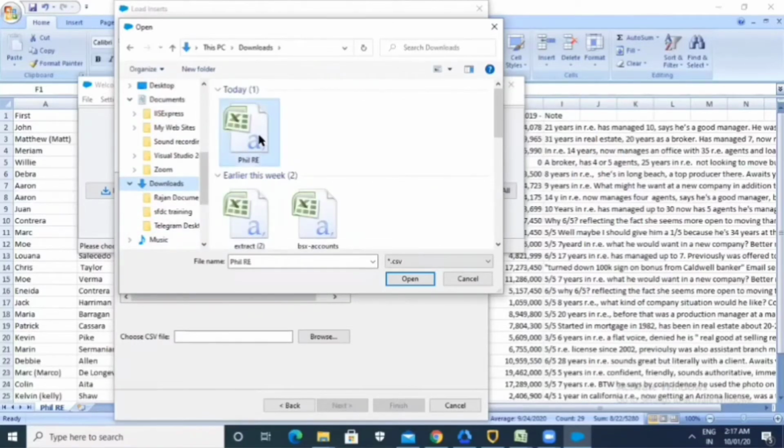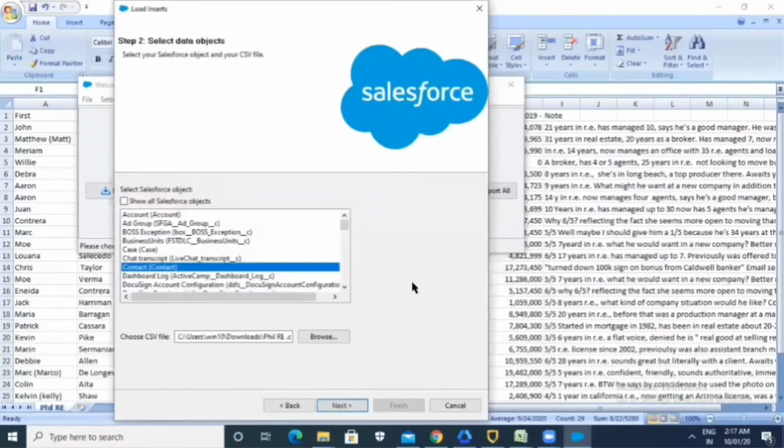So this is the CSV file, and now I am selecting this file, clicking Open, and simply clicking Next.